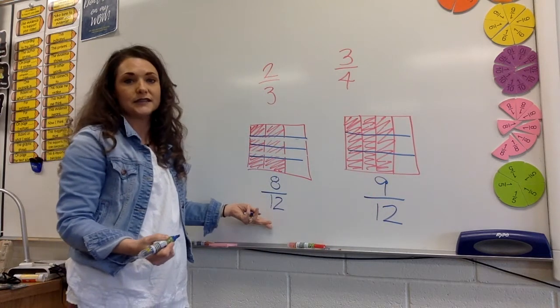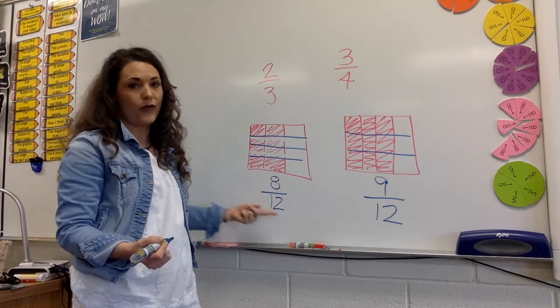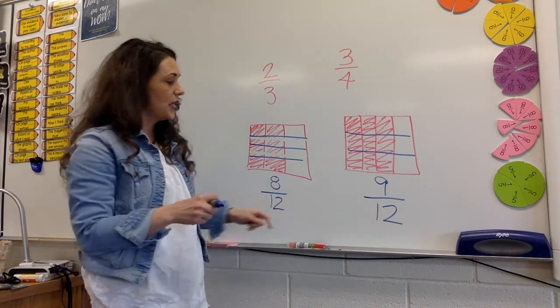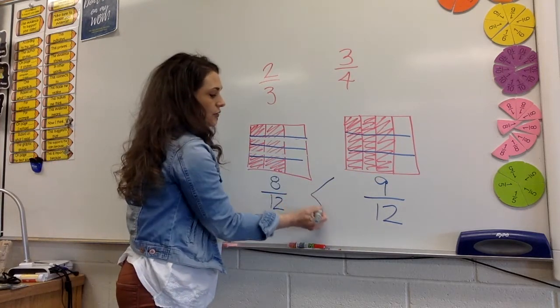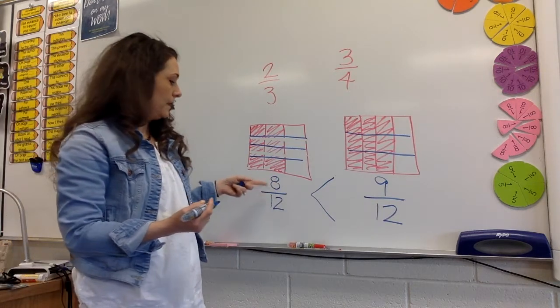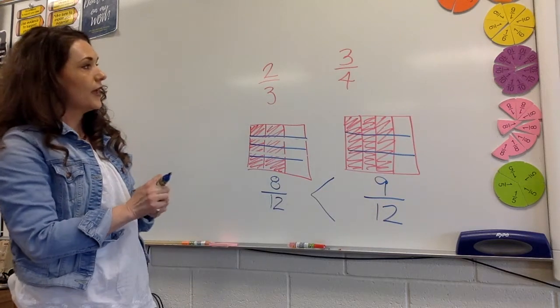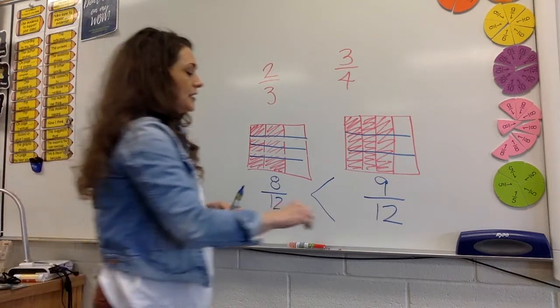So now we can easily compare these fractions by saying we have the same size of piece. We have twelfths. This one only has 8 of them. This one has 9 of them. 9 is the greater number. So I'm going to say 8 twelfths is less than 9 twelfths. Okay, so another way that you could find this